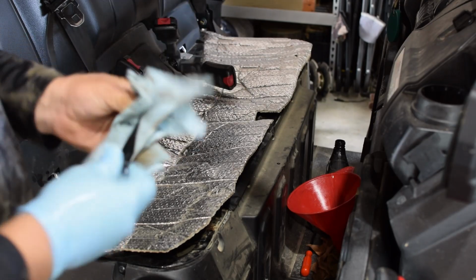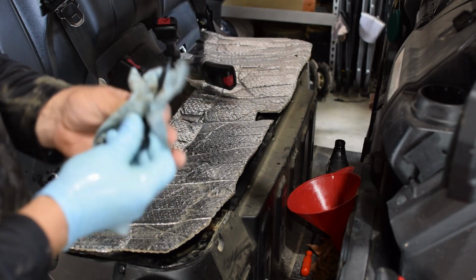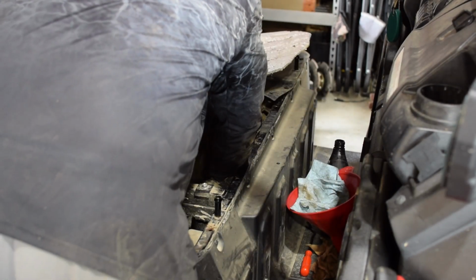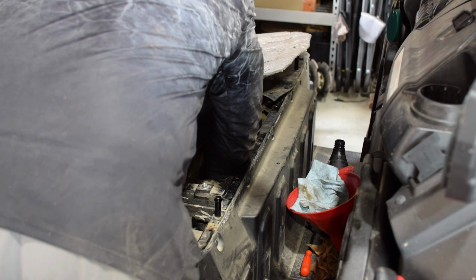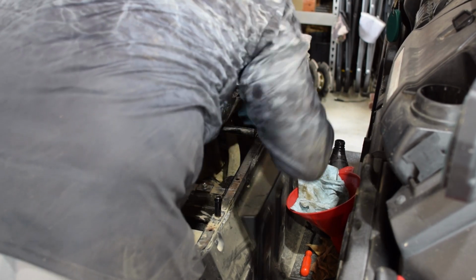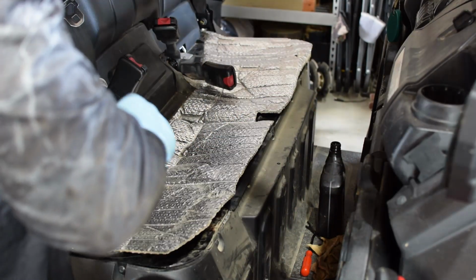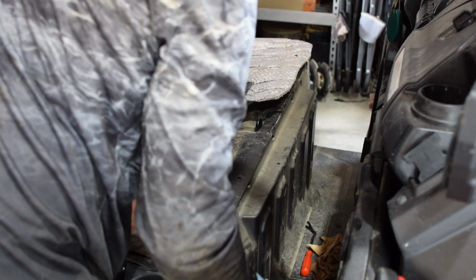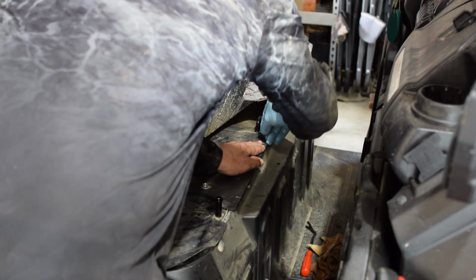And again, just like the other one, if we need to, we'll run it, get a good hour in it, check it. It's definitely hitting. So again, that's our sub-transmission fluid. I know you can't see down in here, but I think I got that on the GoPro where you could see down in there. So, sub-transmission fluid changed again. Just takes you a little bit of time. So we'll get all that stuff put back on, and again, mine had this little mat here, so real simple, push pins in